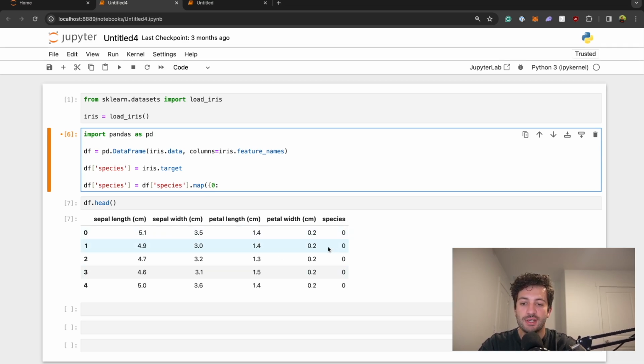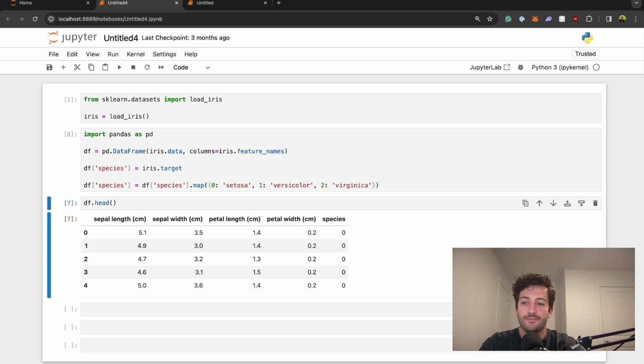For every 0 we're going to assign it to the setosa flower, for every 1 we'll assign it to versicolor, and for every 2 we'll assign that to virginica. I don't know how to pronounce that one. I'm not very good with my scientific names. So run that, and